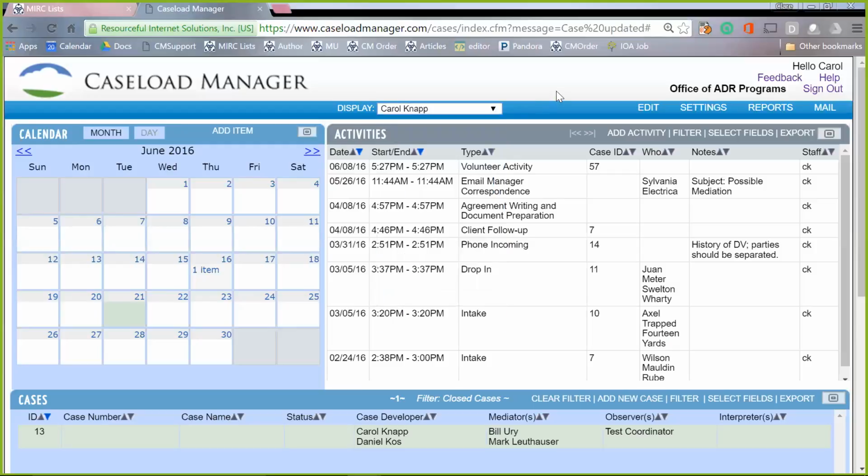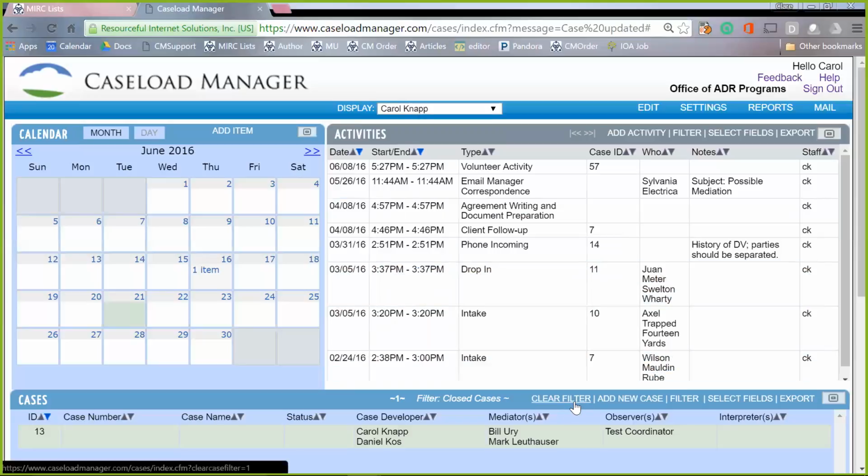So the long answer to your question is, when you log in, you see what you have access to see. And if you're an admin, you can change that. But if you're just a normal mediator or a volunteer, an observer, you don't have the option to see anything other than your stuff, what you've been allowed to see. Okay,